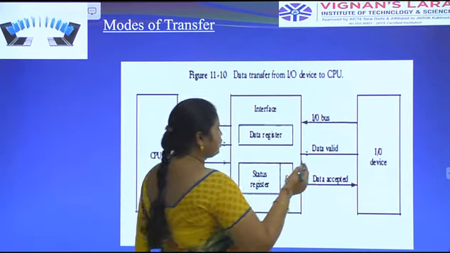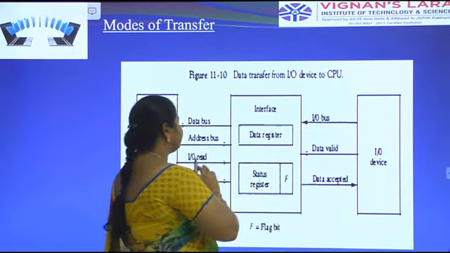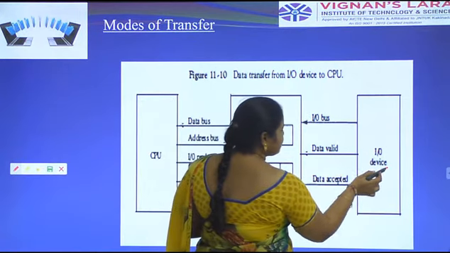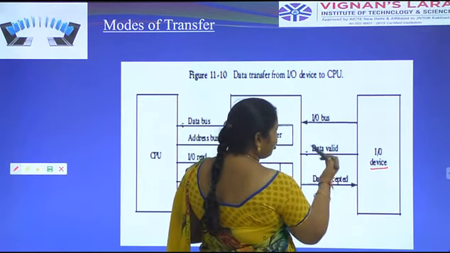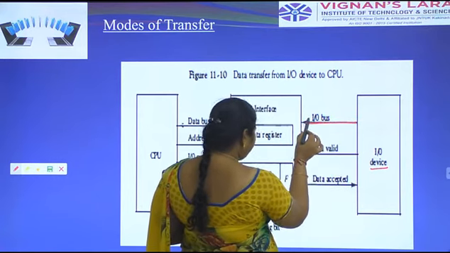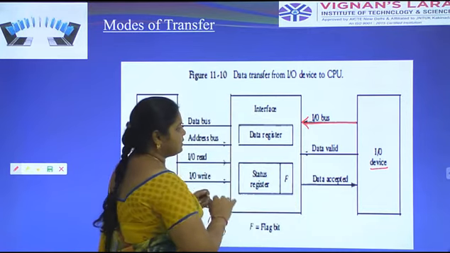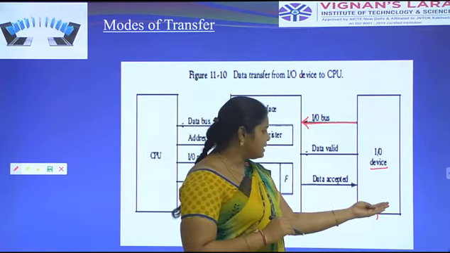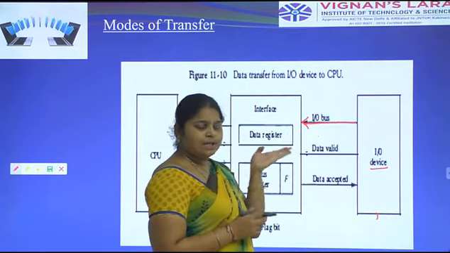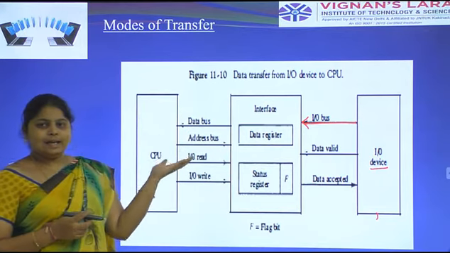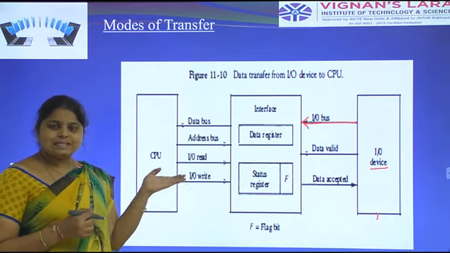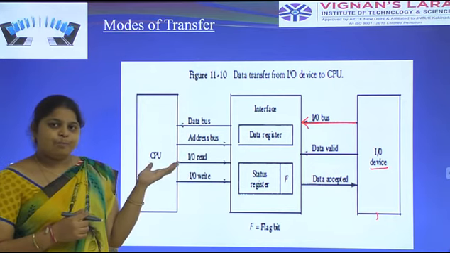These are the input and output devices, and this is the input and output bus. From the input and output devices, the data is transferred to this interface, through the input-output bus. What is the meaning of the bus? The data that can be transferred from one side to another side, from source to destination, is transferred with the help of the bus.